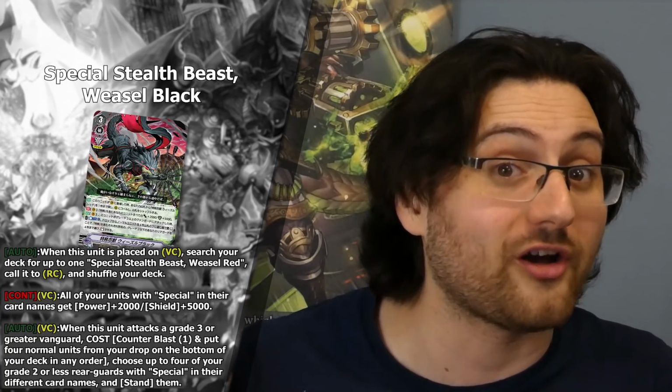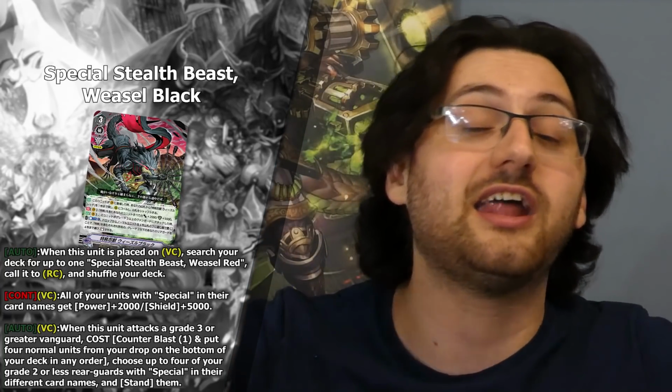thus being able to generate 4 extra attacks if you have the Axel circles for it, or you're going to generate at least 3 attacks, and then one has a booster that's also going to restand, which is honestly not that bad, especially for 1 counterblast. Pretty decent. And yes, you need to shuffle back 4 normal units into your deck, but that actually works